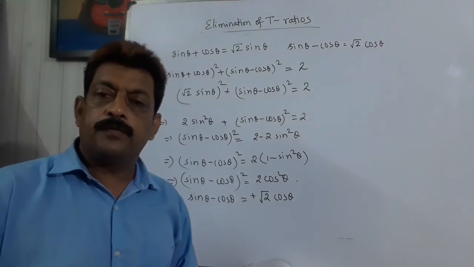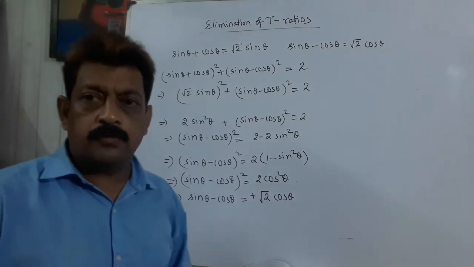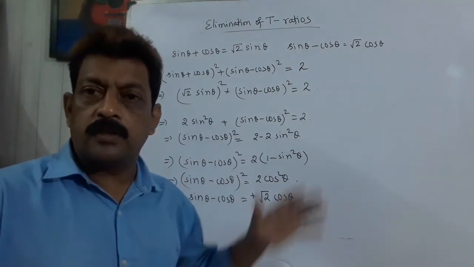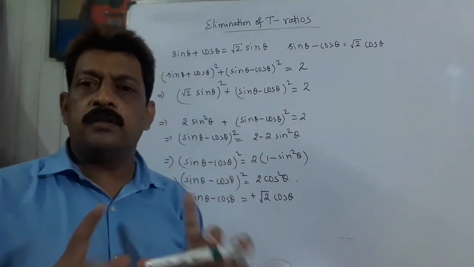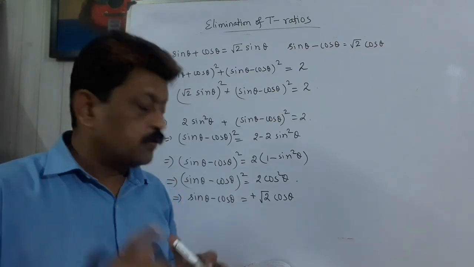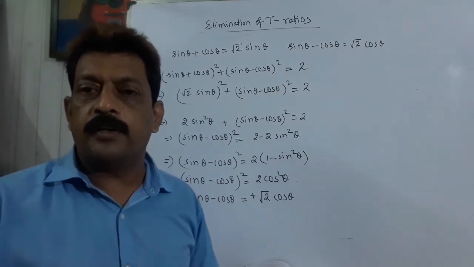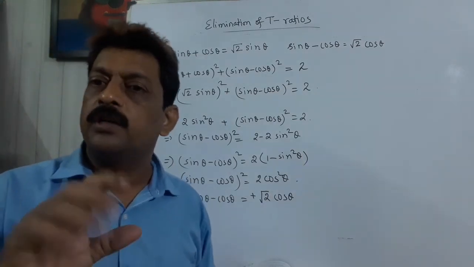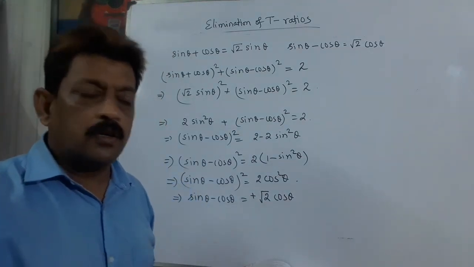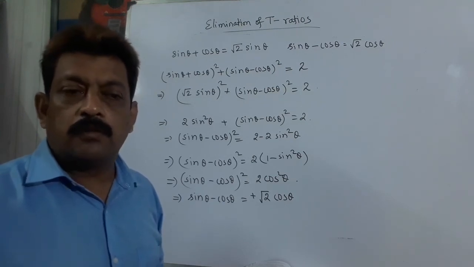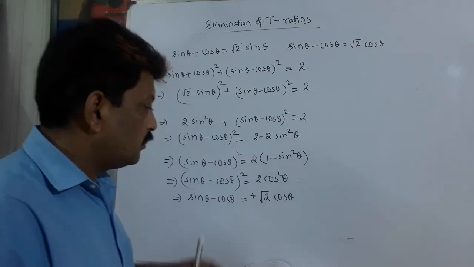So hope you have understood the 3 sums we have done today using the same technique. All are different types. In the first type it was a numerical coefficient. In the second type we have a, b and c, and here a little bit different from the others, but all these 3 sums are done in the same method. So hope you have understood how to do this type of sum, and I am confident enough that if the same type of sum is given to you, you can easily do it. Okay, so try practicing this type of sum. Some more sums are there, just find them from your sample papers and other books which are available in the market, and try to solve those sums.